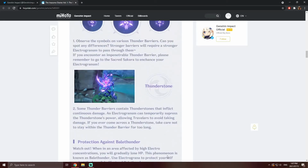If it's something like that in a barrier, I'm maybe going to assume we're going to lose health at a faster pace than we lose in Dragon Spine due to sheer cold, because it just would make sense. And just looking at the nature of the barriers, a small barrier with this little thing inside, it obviously doesn't want us to stay inside there for too long. So